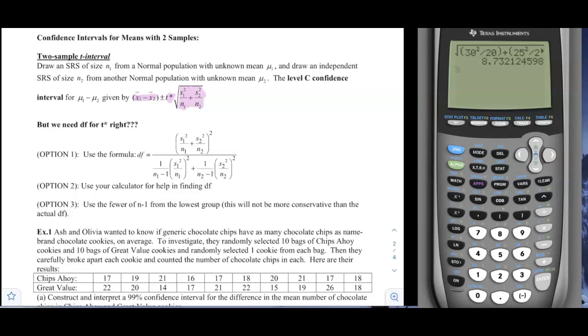But remember, for t-stars, we're going to need degrees of freedom, right? And now we have 2 different sample populations, and they can be different sizes. So this becomes really challenging. Here is the official formula for how to actually calculate DF. And this is not on our formula sheet, which means they don't think we need to know this. That's good. So we're going to call this ugly, okay, and say don't do this one, okay, because there is